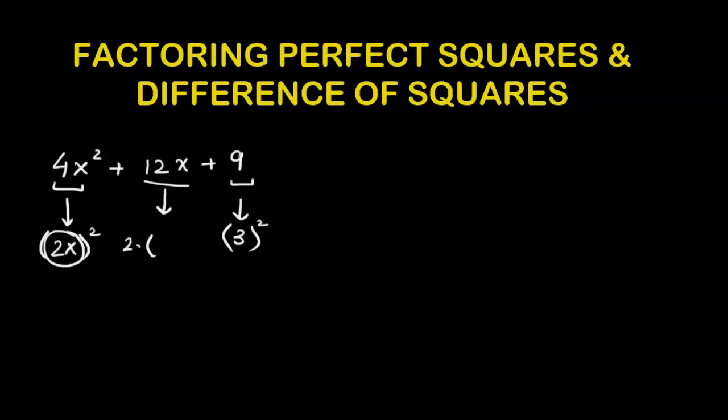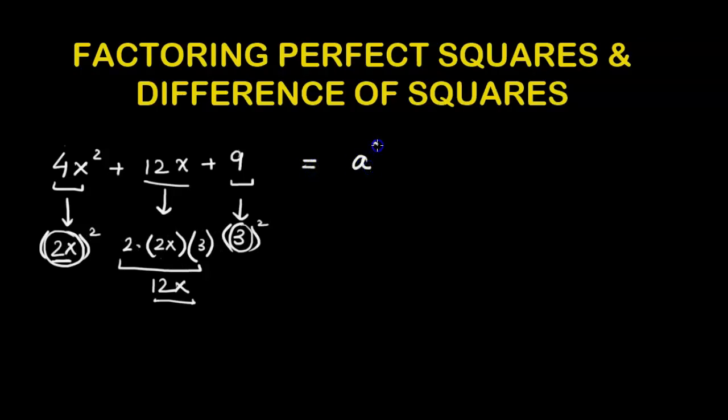So basically what we should do is multiply 2 with this 2x, just the term inside the bracket, not the square, and multiply it further with the 3. When we multiply all of this, we should get back our middle term, bx. So 2 times 2 is 4, times 3 is 12, and there is one x there, and here we go, we get our middle term back. So if we have a trinomial where the first and the last term have square roots and the middle term is 2 times the product of their square roots, then we can apply